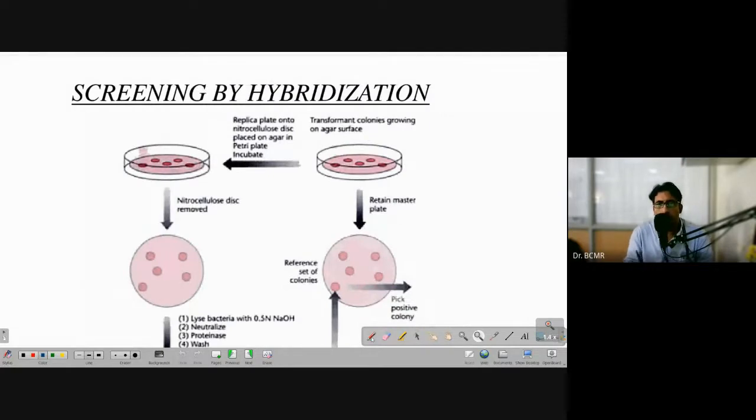So what we have is, this is the plate on which we had a replica plate made. You can assume this as the master plate. And then we transferred them onto a filter or the nitrocellulose disc. We take the disc out, and then